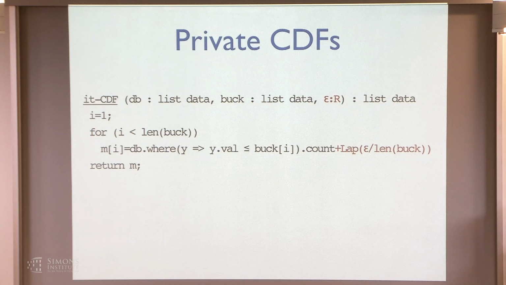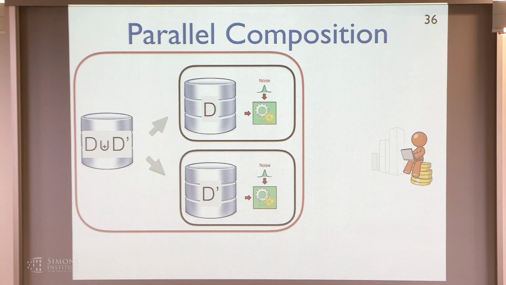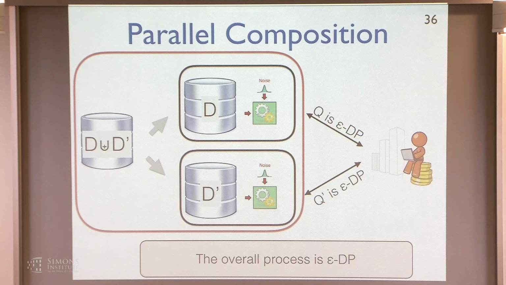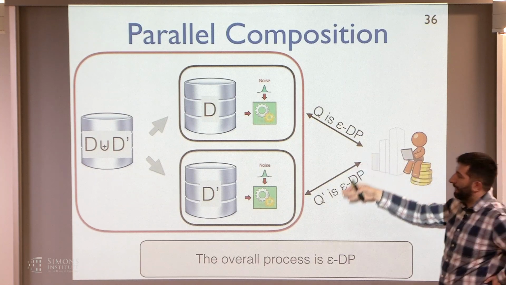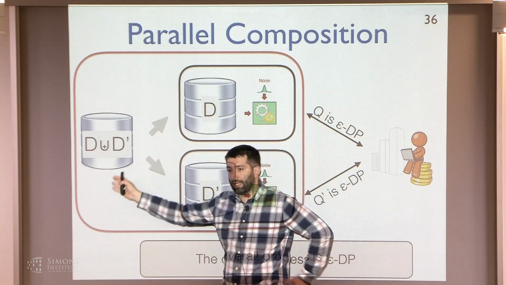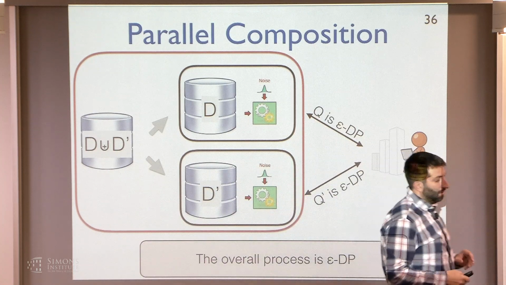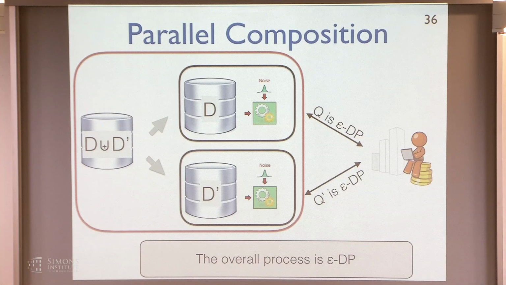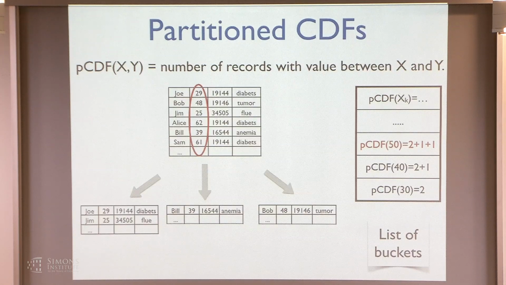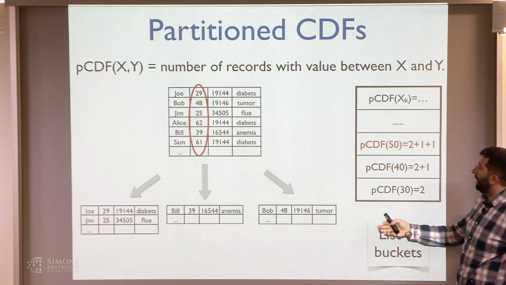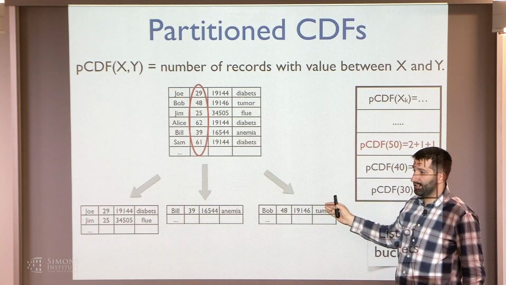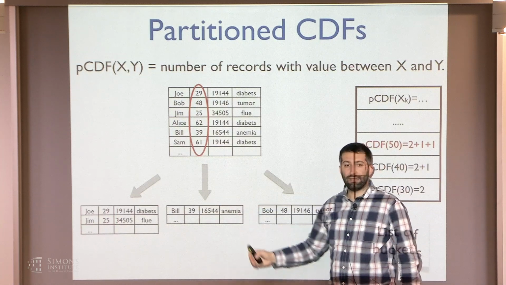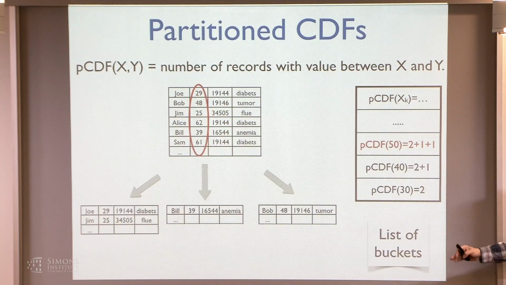But before going into that, I want to show you another kind of CDF that we can try to build using parallel composition. Okay? Parallel composition, again, we partition the elements without looking at the data. It should not be based on the data, and then we run our differentially private queries on the partitioned data. So for instance, we can decide to partition our data according to the buckets in different tables, and then build